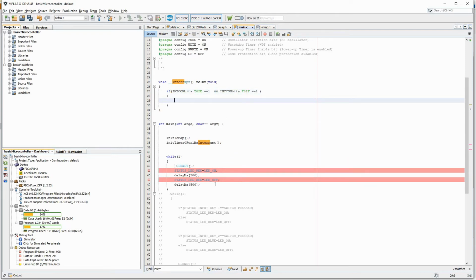So basically it has overflown from 255 to 0 and it generated an interrupt.